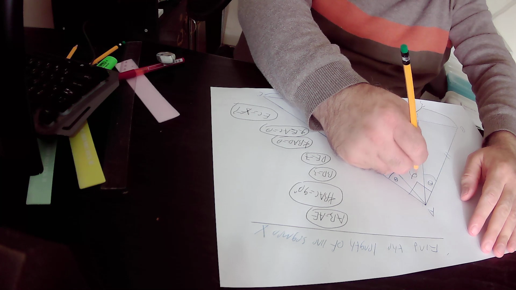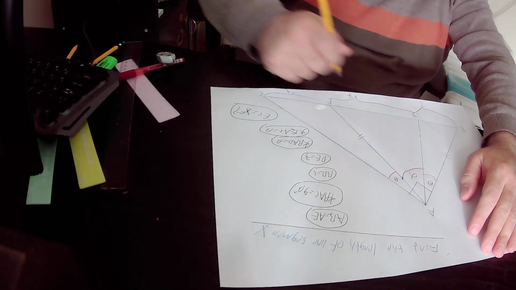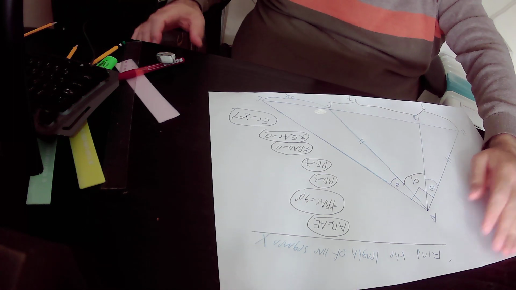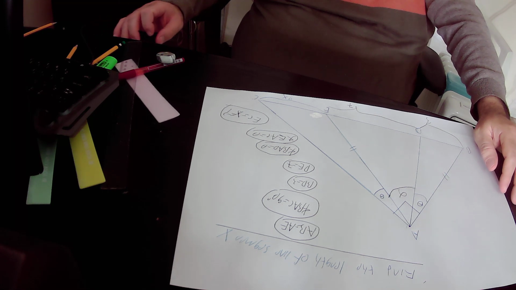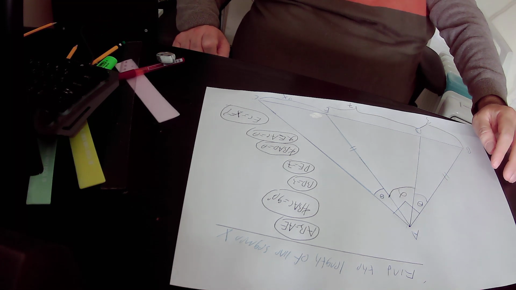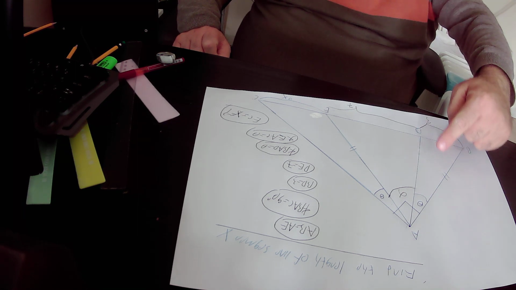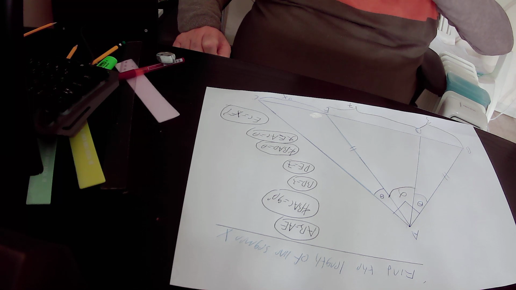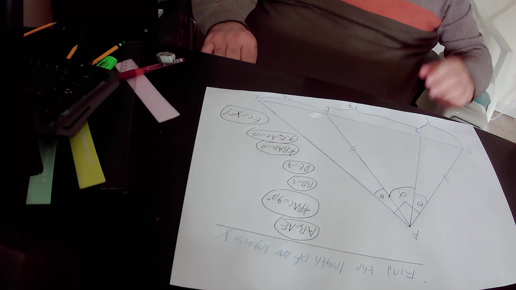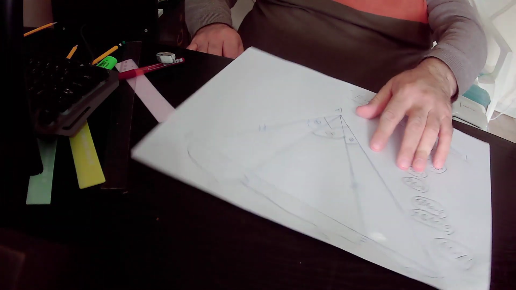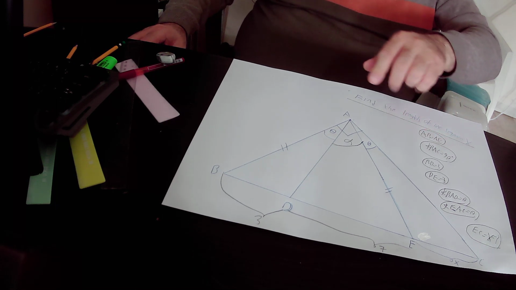Angle DAE equals alpha according to our definition, and we will find out the relationship, or the ratio, between the area of triangle ABD and the area of triangle ADE. So the area of triangle ABD